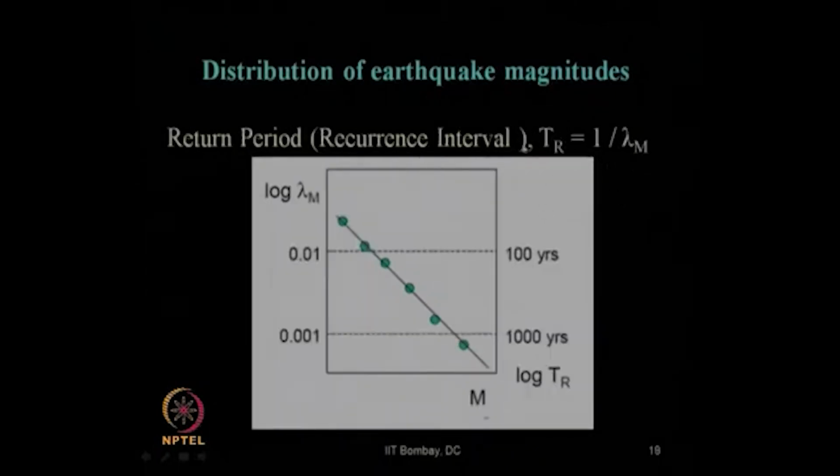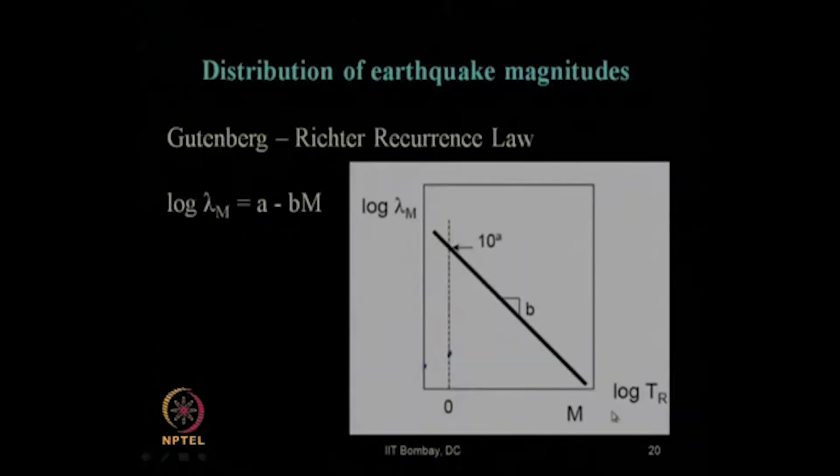So, the recurrence interval is nothing but the inverse of the mean annual exceedance. If we plot log of lambda m on this axis, the inverse will be log of TR, increasing in the reverse direction of lambda m, but they will still follow this relationship. Hence, the Gutenberg-Richter law for this kind of earthquake data will look like log of lambda m equals a minus